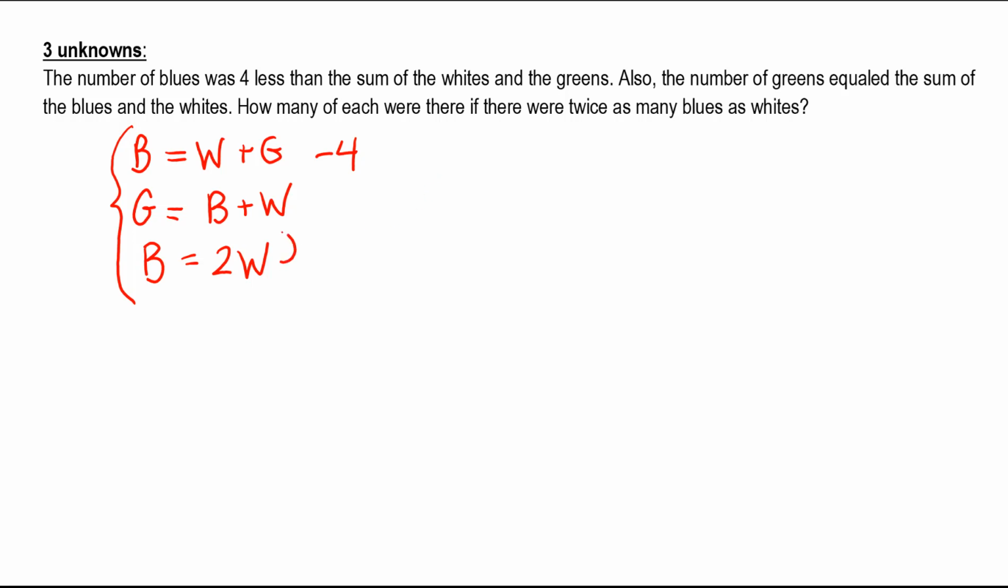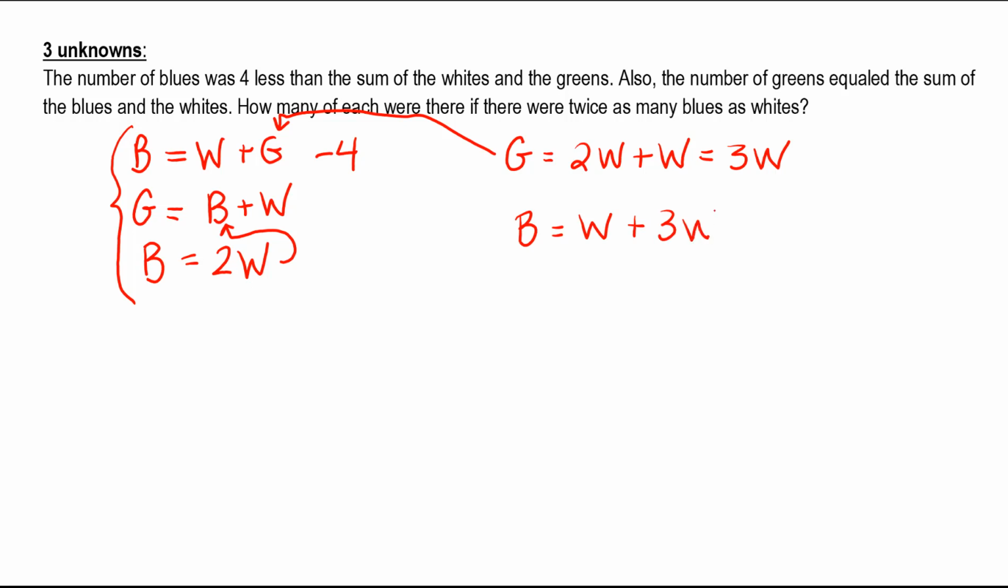So since B is 2W, I'll go ahead and put that into the second equation, and I will get G equals 2W plus W, which is 3W. And then I will take that 3W and put that in for G in this equation. So B equals W plus 3W minus 4. So B is equal to 4W minus 4,